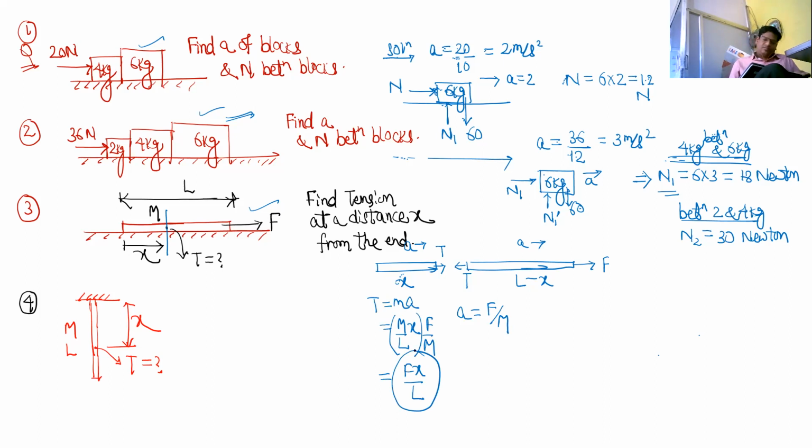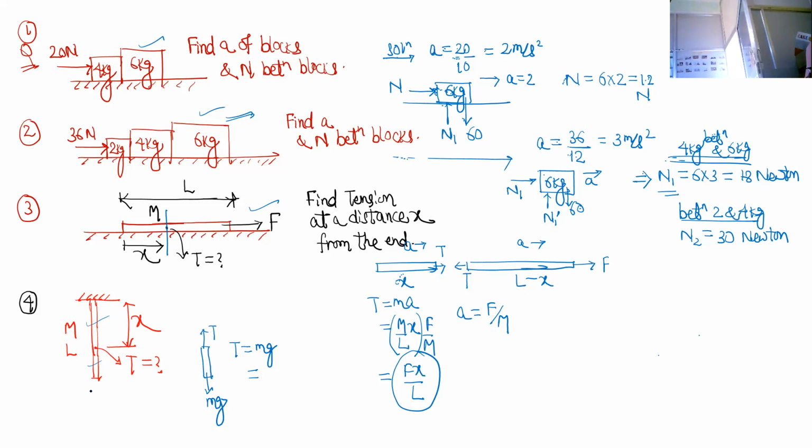Yes, sir. Now here also the same logic. Just imagine there are two parts to this, one upper part and one lower part. Now he is asking the tension here. So draw the free body diagram of that lower part. Here you find gravitational force mg is acting, and here you find tension T is acting, and this is at rest. So write down net force equal to 0, that is upward force equal to downward force. Now what is its mass? Total mass is m, total length is l.